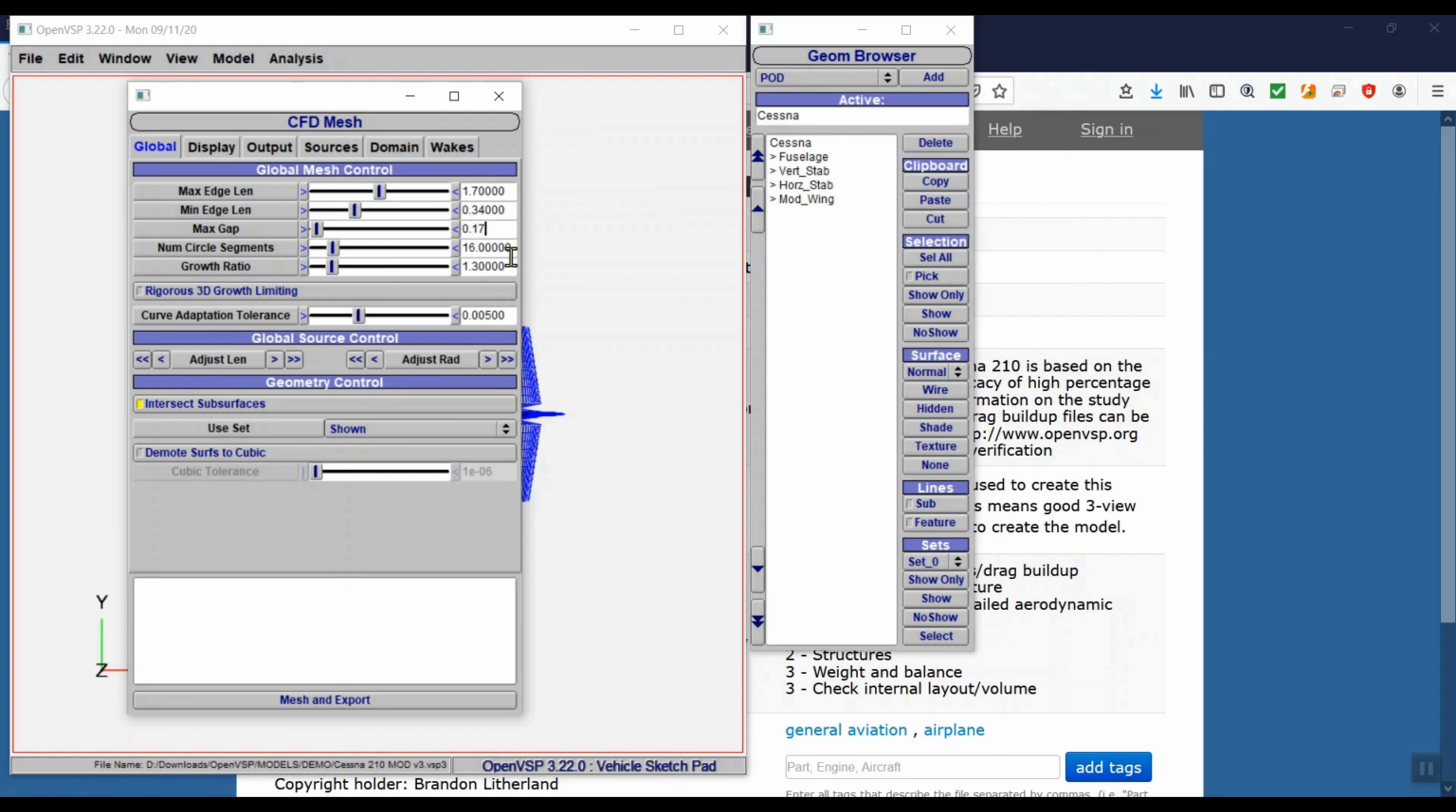And the number of segments in a circle, for example, if you looked at a cross-section of the leading edge of the wing and drew a circle that represented the curvature, the resolution would be, if you took that circle and created 16 segments, that would be the best resolution that we would get on this. I'm going to change this to 22,